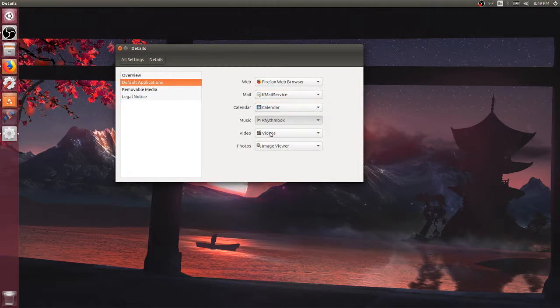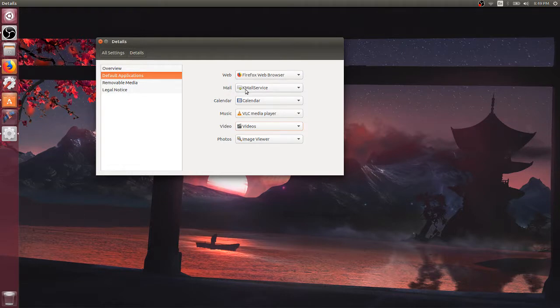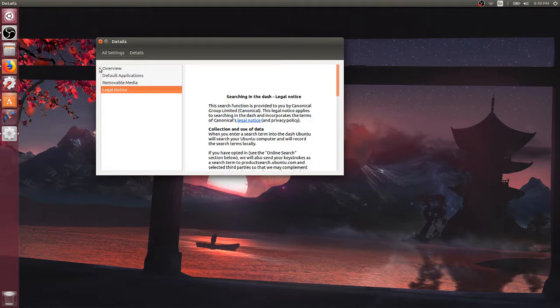Music, we want to use VLC. Videos, I'll let that change real quick. Okay, and VLC. And just use the regular image viewer how it's pre-installed. And I'd make sure that is saved as well. Removable media, you can ask what to do, and you got your legal notice here,